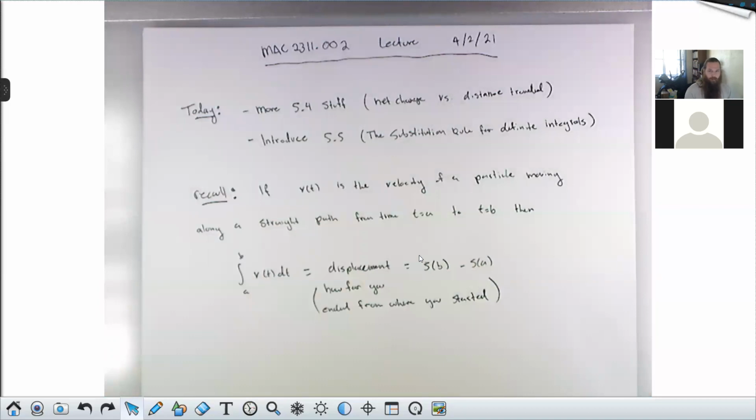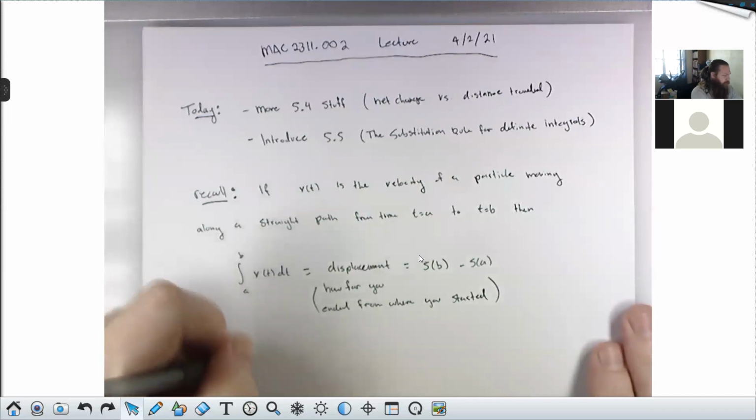How far you ended from how far you started. If I walk east and I do nothing but walk east, then my displacement is how far I traveled. However, if I spend some time walking east and some time walking west, then my displacement would be less than the distance I traveled. If you want to get the distance traveled instead,